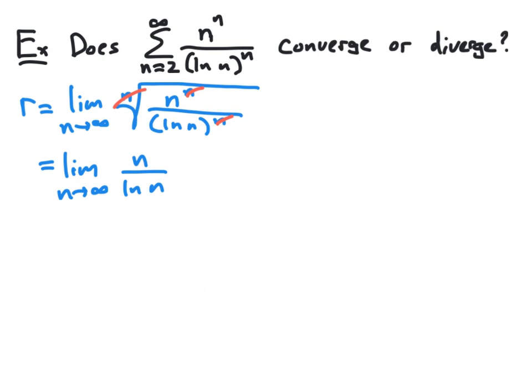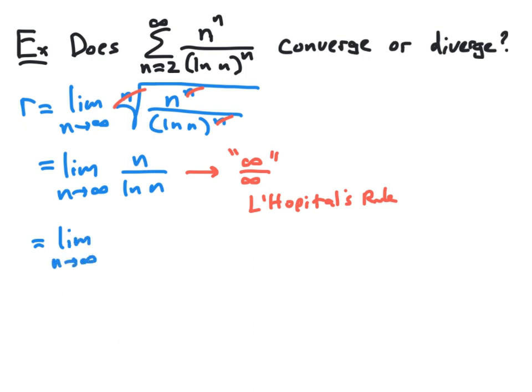So we now want to compute this limit. If we evaluate numerator and denominator separately, we see that we do get an infinity over infinity indeterminate form. And so we can apply L'Hopital's rule to this particular limit. And when we do that, we see that we get this equal to the limit as n approaches infinity of